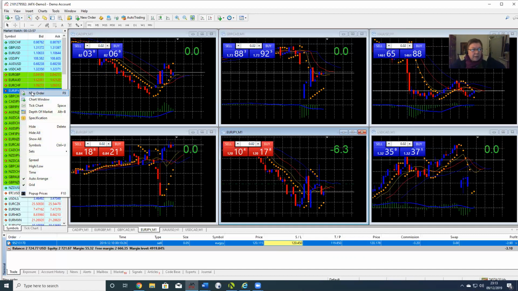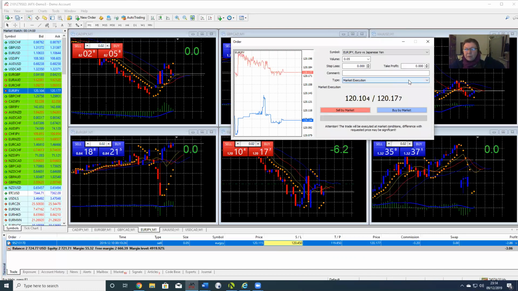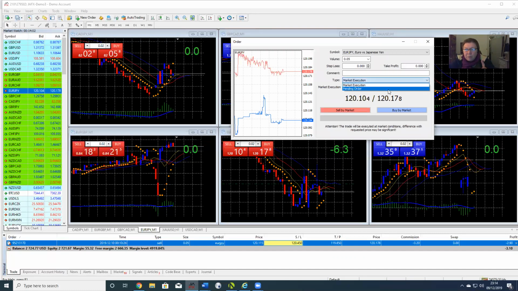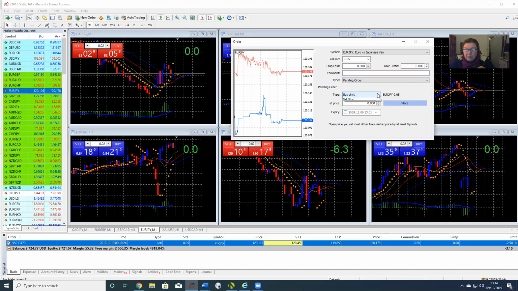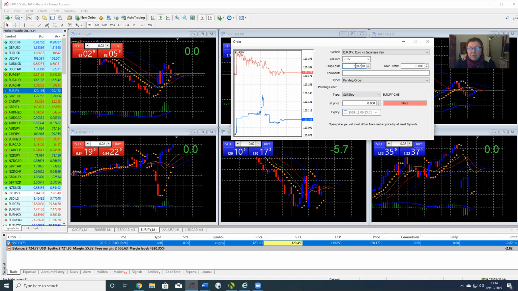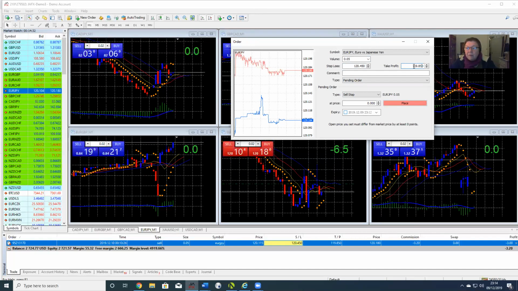So I'm going to do another trade now where I do it as a pending order, which is good because we're slightly above John's entry price. So we're going to do a pending order, and I think I'm getting this right. The sell stop, which means it will stop and pick us up on the bus when the price comes through that point. You type in the same stop loss, 120.455. We're going to put the same take profit in, TP1 of 119.85. Pending order, a sell stop at the price John recommended, the entry price of